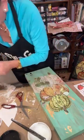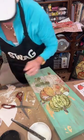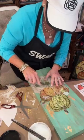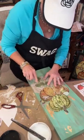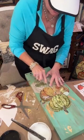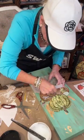Because we're still going to do, get this put away. We're still going to do stenciling over top of all of this to give us that mixed media look. So I don't want anything above this, so